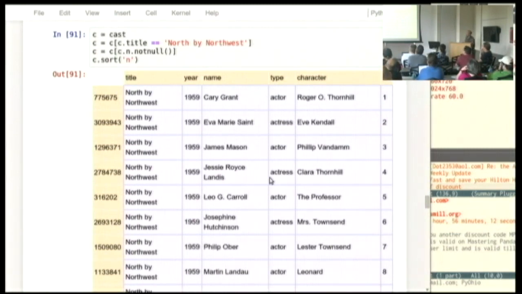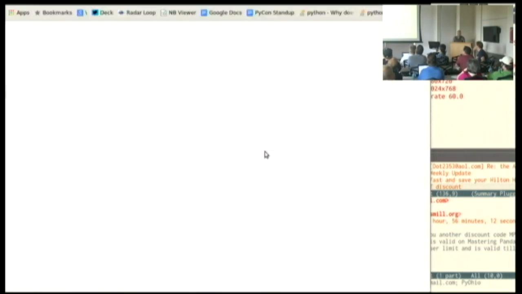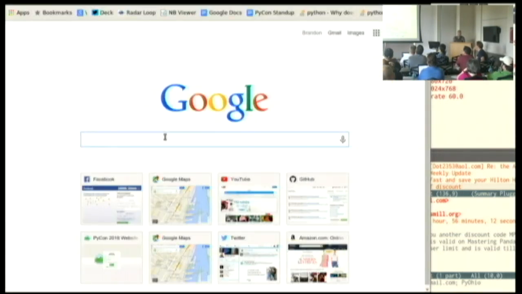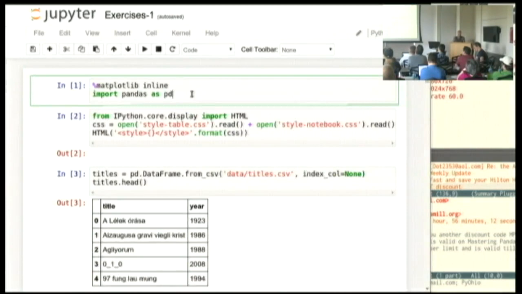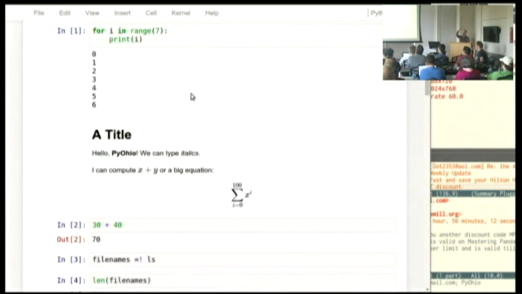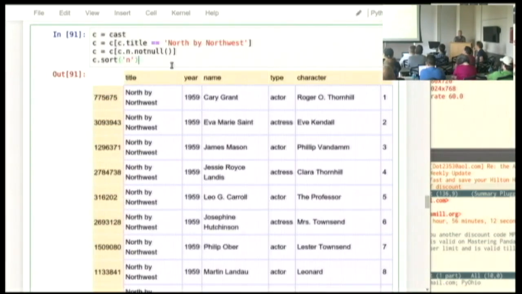Did I see someone had a question? Can you use other Python conditionals like in or starts with or anything like that? Yes, and let me go ahead while that question's on the table. Can I get to the, what's it called? It would be called the Pandas API documentation. Oh, good grief. I'll bring that up at the end because the way I've maximized my window isn't letting me do Google searches very easily. But in the documentation, there's a whole stack of string operations that you can learn. And I'll show those right at the end.